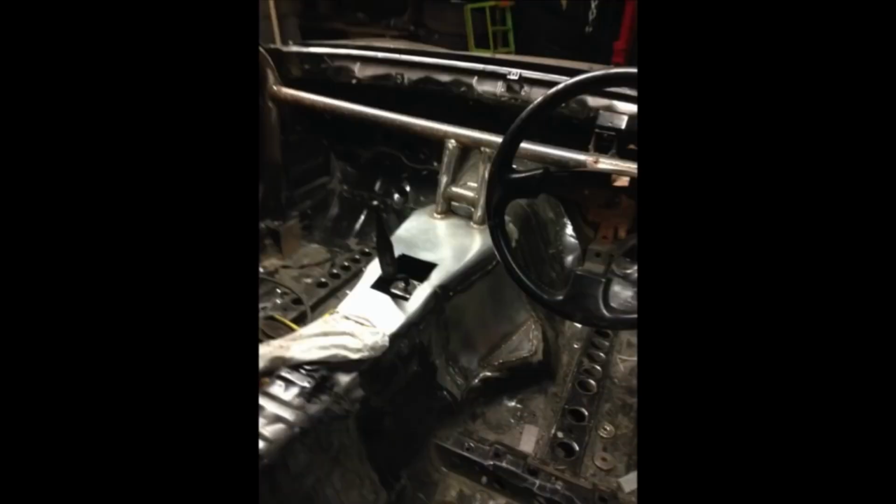Seriously, Twink, at some point this car is going to be the